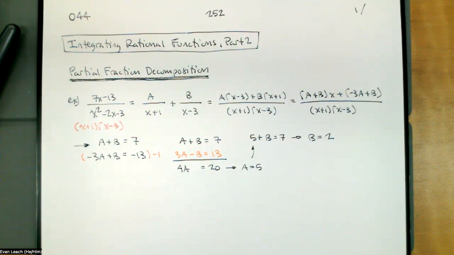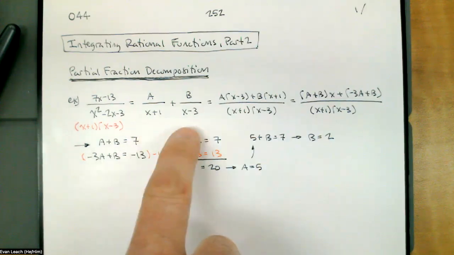The degree of the numerator is always 1 less than the degree of the denominator in the decomposition. So that means our denominators in the decomposition are linear, degree 1, so the numerator will have degree 0. Then all we have to do is figure out what a and b need to be to make this work. We do that just by adding up the fractions